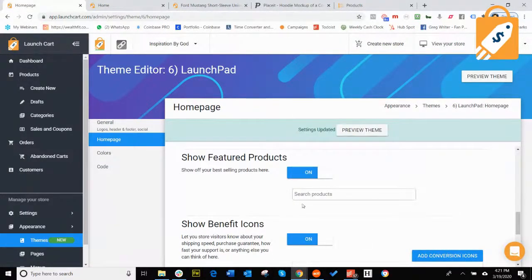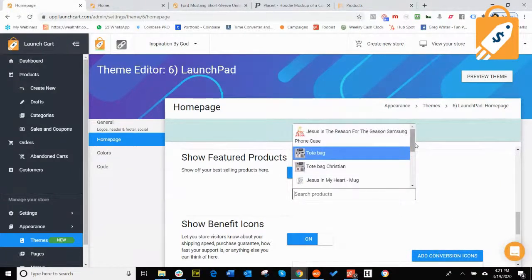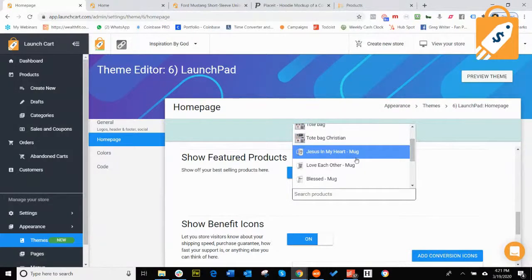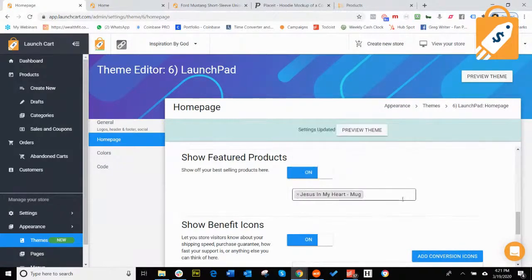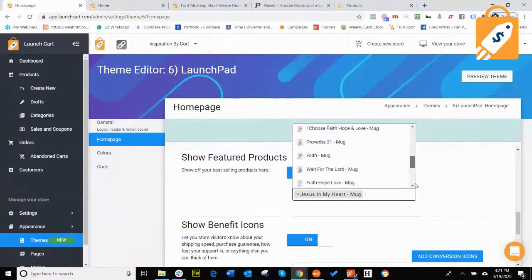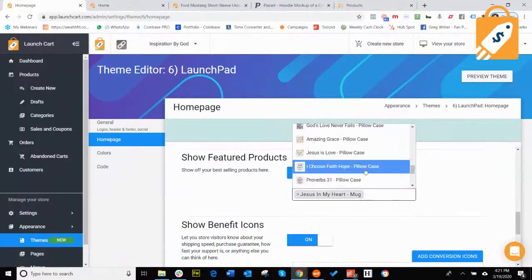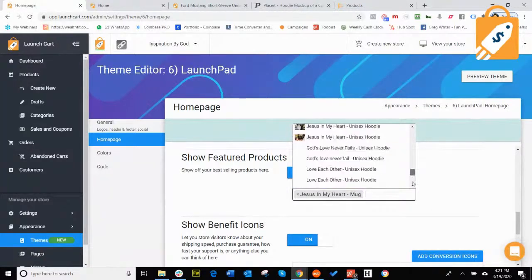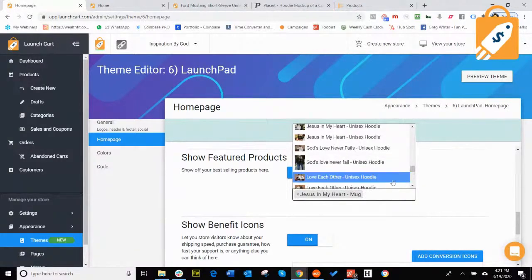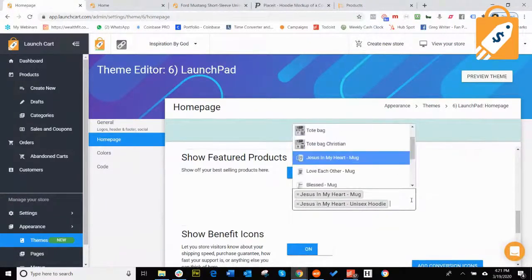So you're going to get here and it's going to look like that. And you're going to search for products. And then it's going to show the products that you have as featured products. So I'm going to put the Jesus in My Heart mug. I'm going to put in, let's see here, I want to put one of my favorite shirts in here. Okay. Let's put in Jesus in My Heart. And let's put in,